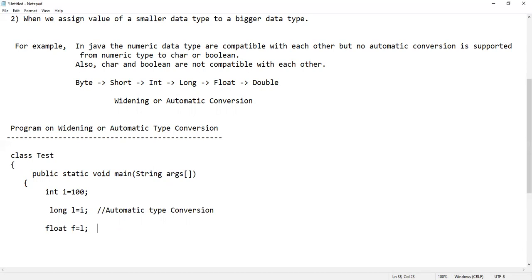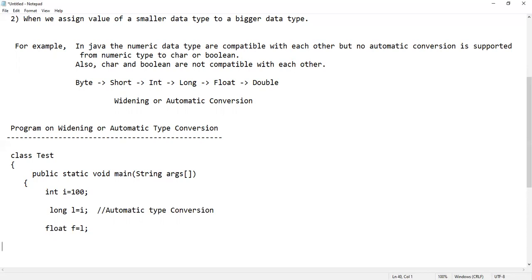Integer is 4 bytes, long L is 8 bytes, and float f is also 8 bytes. So this 4 bytes data can easily be stored in a long, as well as this long data type can be stored in a float, because both have the same length.